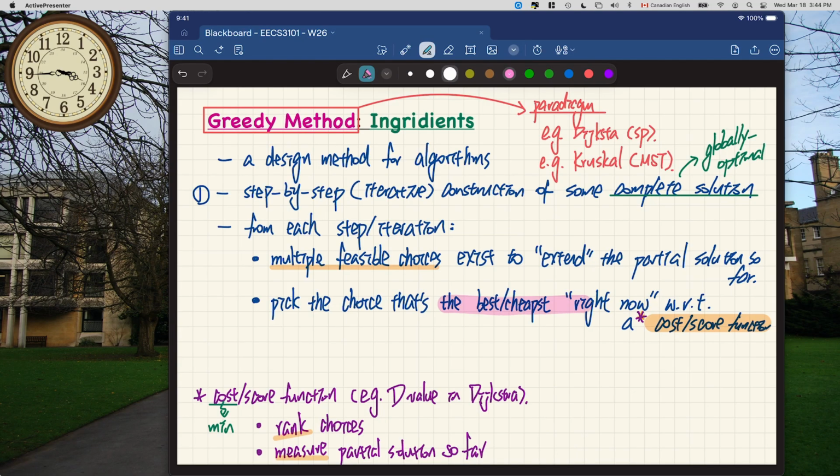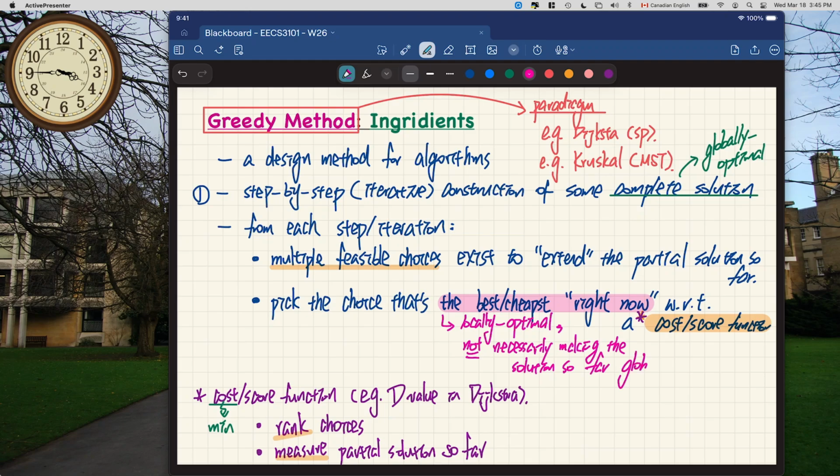The best solution right now, we call this more formally the locally optimal, but not necessarily making the solution so far the globally optimal